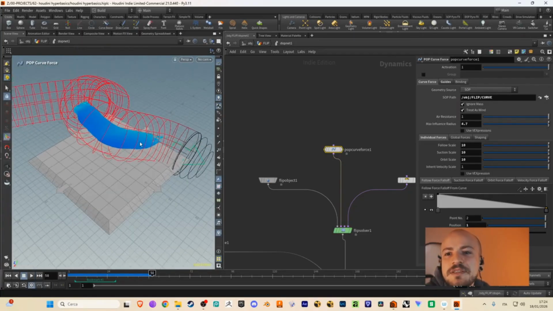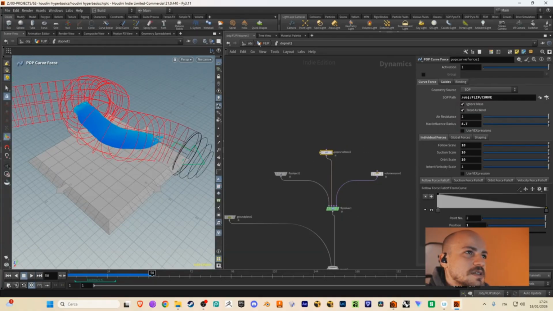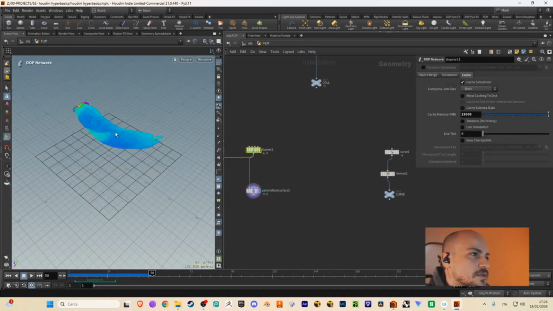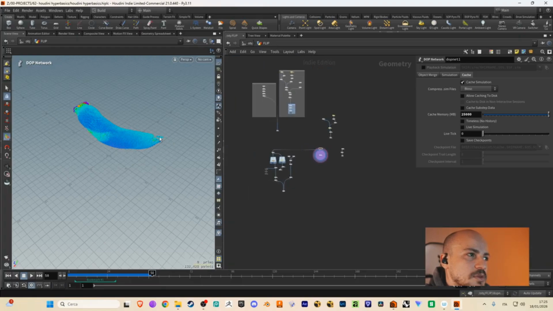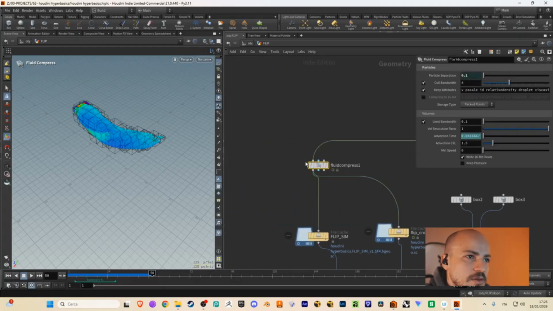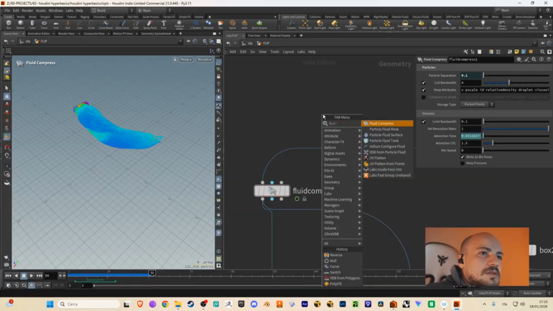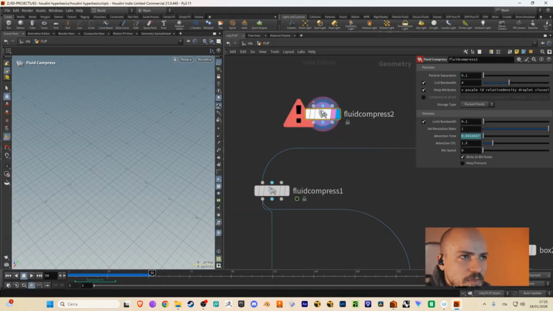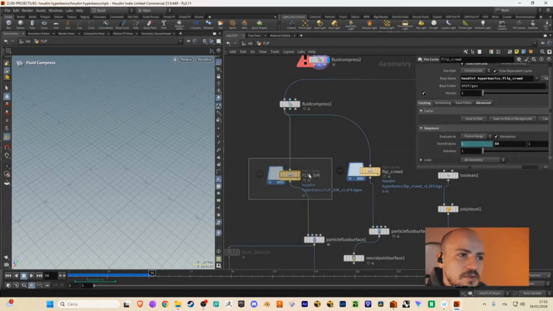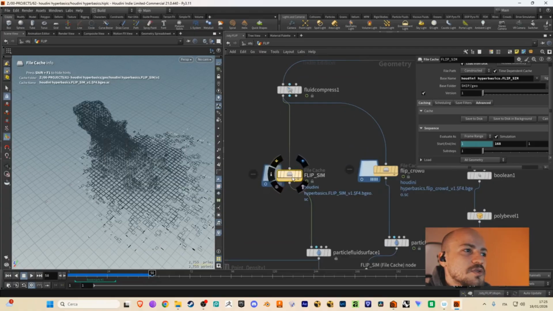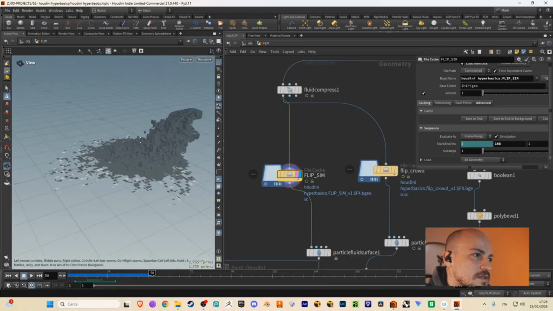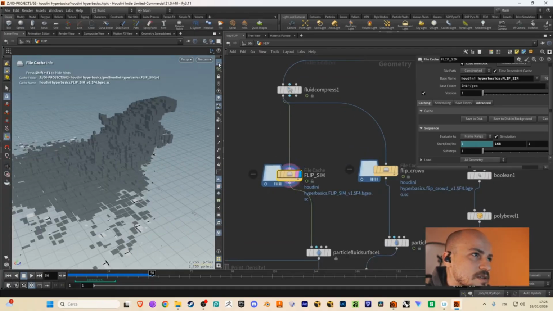I think that's basically it. I don't know if there is anything else left to cover for the simple stuff. Oh yeah, another thing to cover is fluid compress. If you want to use fluid compress, use it for caching, not for seeing stuff happening, but if you are doing some cache, use it because it's basically, as you can see here,